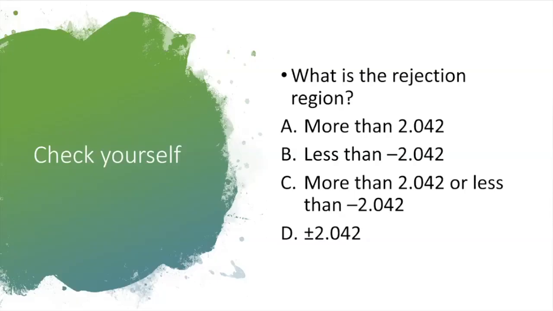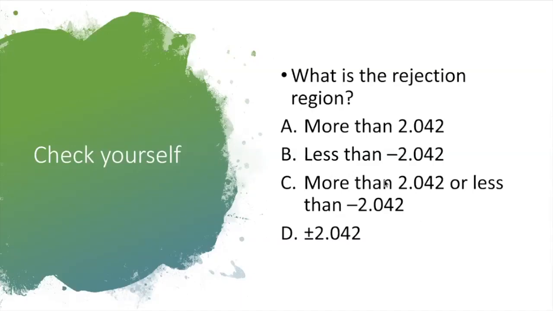So hopefully you know that A and B are not right because those are one-tailed. So more than 2.042 would only ever be right. And actually, this isn't even a rejection region for the one-tailed, but this would be an upper tail, this would be a lower tail, but then these would be the wrong numbers, right? We'd have to go look at the one-tailed test. So in this case, C is the right answer because we want to combine them, more than 2.042 or less